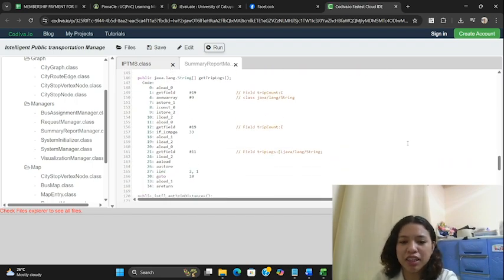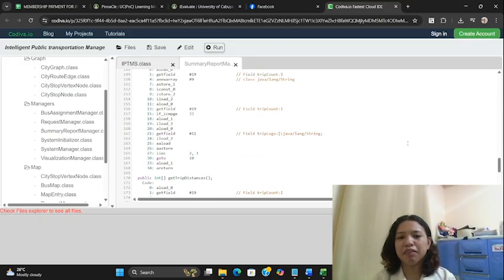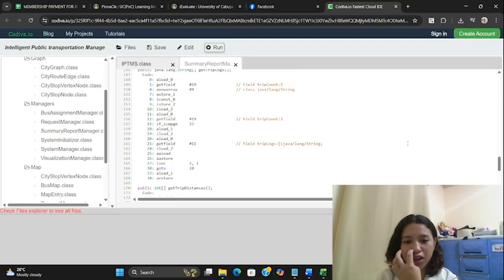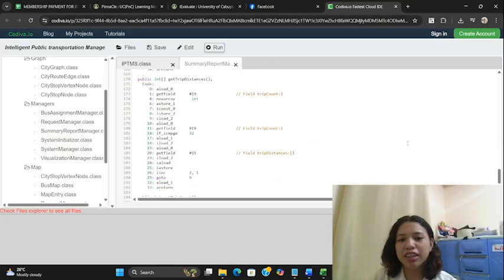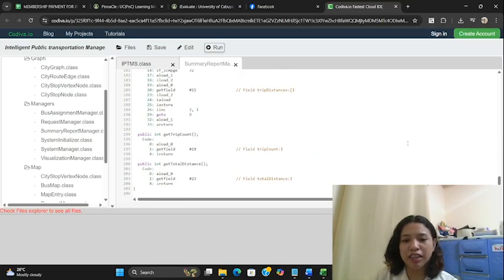The next one is the getters. First is the get trip logs. These getter methods are get trip logs, get trip distances, get trip count, and get total distances.